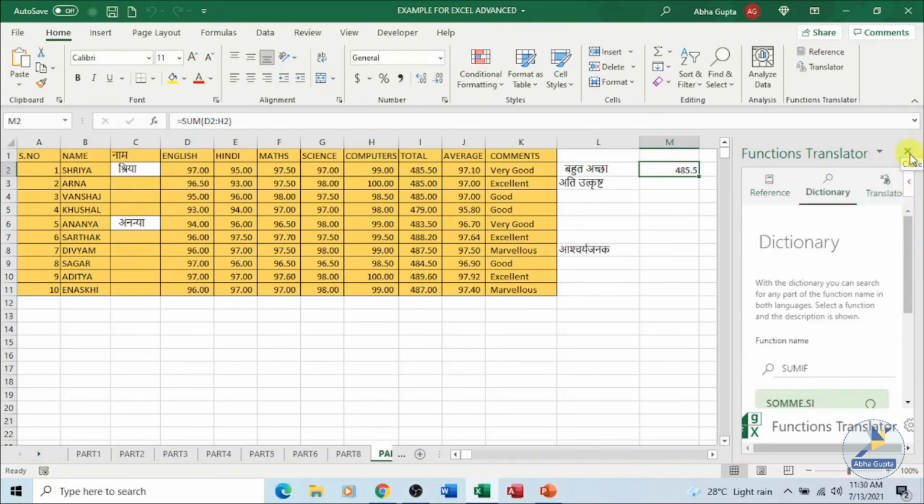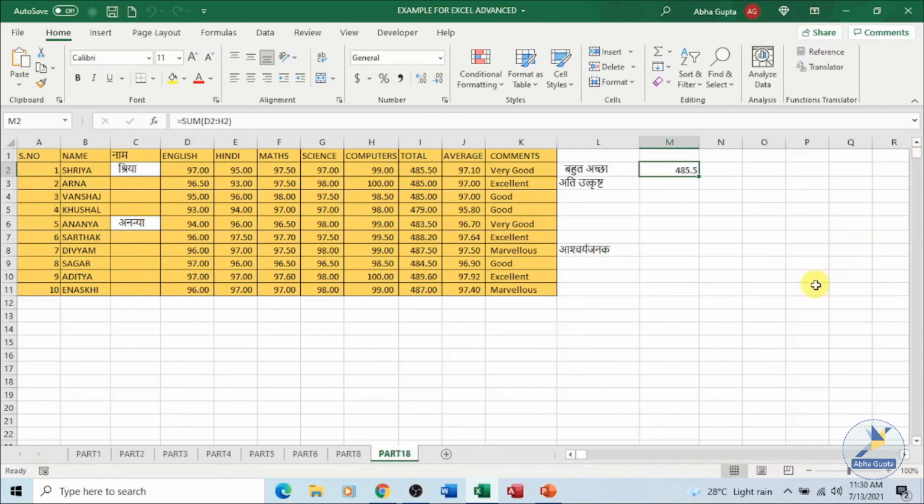Okay, so this is how you can use the text translator, the language translator, or you can always have the function translator also. Both the ways, as per your requirement, you can use the translator facility. Plus I've already told you in this session how you can add add-ins in your application. So I hope you find this part valuable and useful. You can try out these options and we'll see you in the next video.